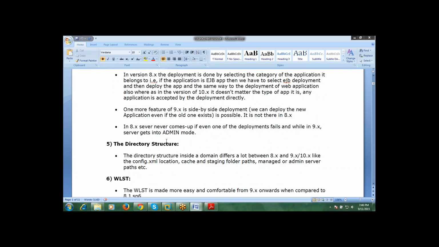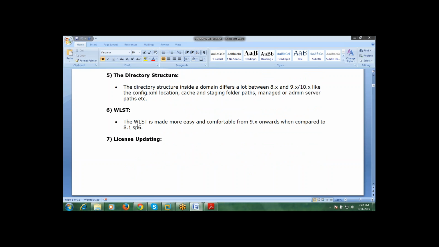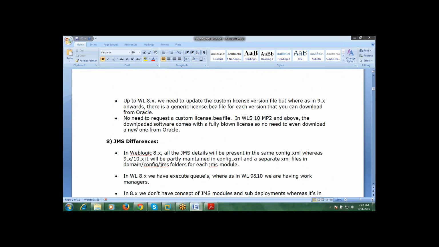Generally in 8.x regarding JDBC, there was no separate directory structure to store the JDBC configuration, whereas from 9.x onwards we have a separate directory for storing the JDBC related configuration. There were multi pools, whereas from 9.x onwards we have multi data sources, which was renamed. And in JMS, generally what will happen,